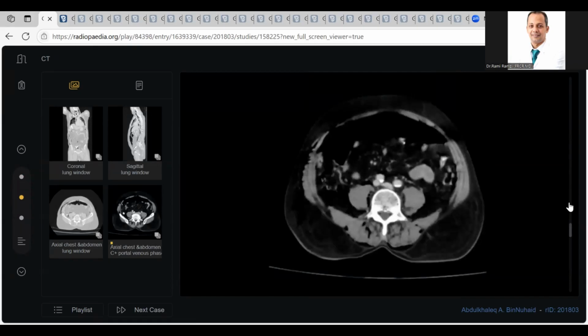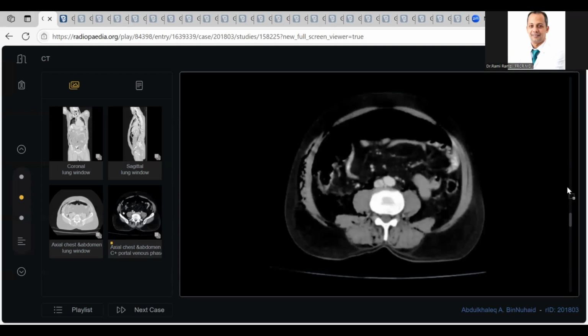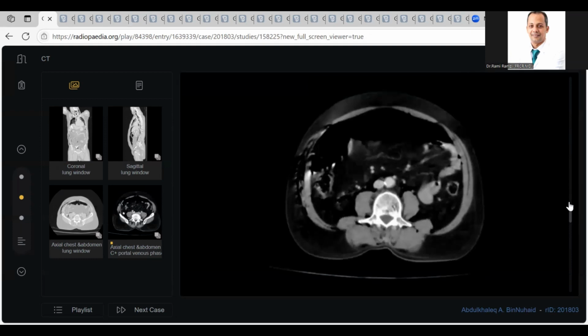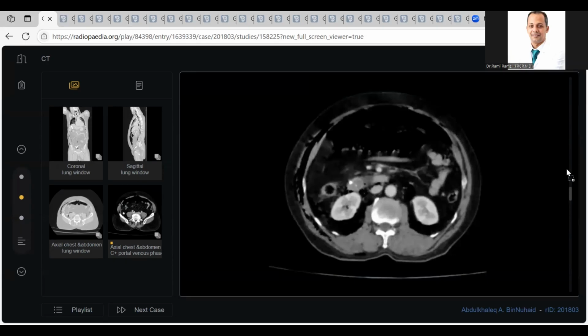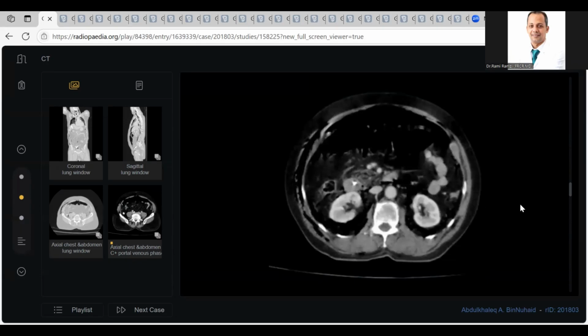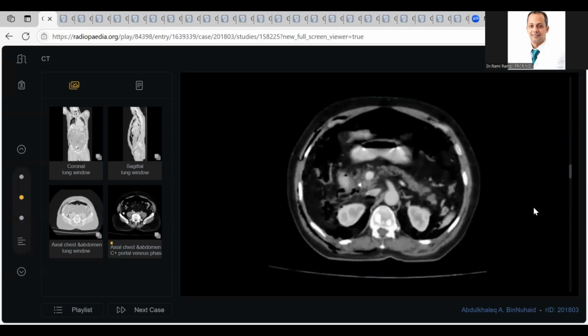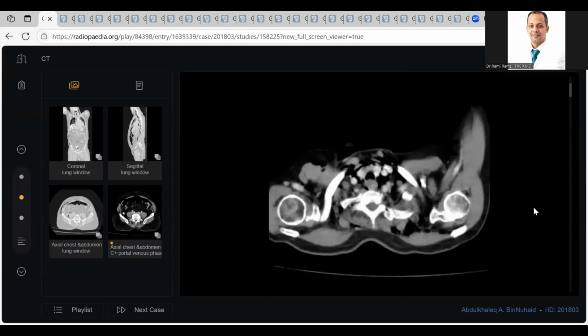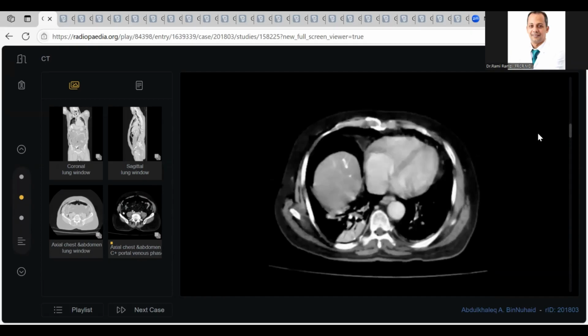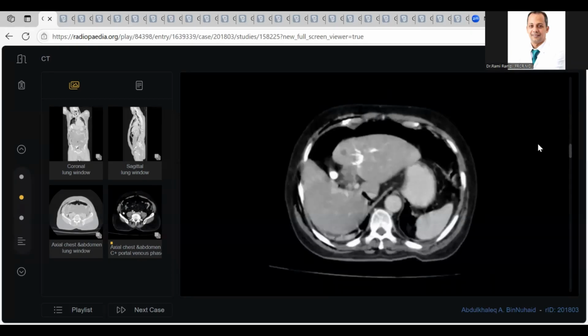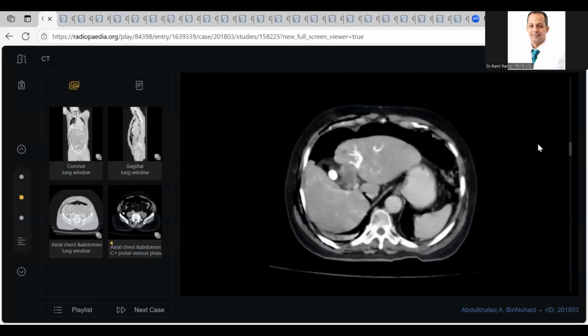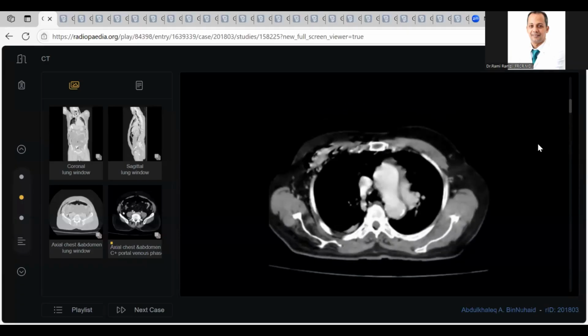I've been provided with CT scan axial sections of the chest and abdomen. I'm scrolling from top to bottom. So this is the CT of the abdomen, and here I can notice